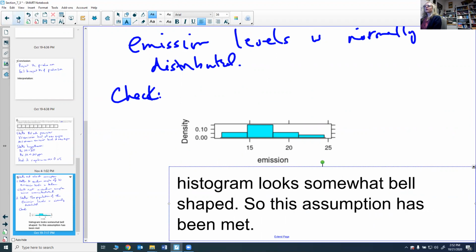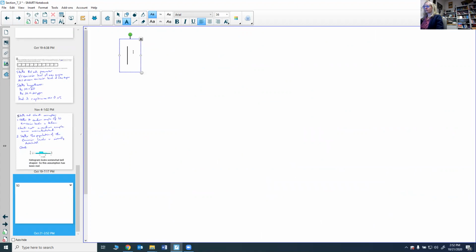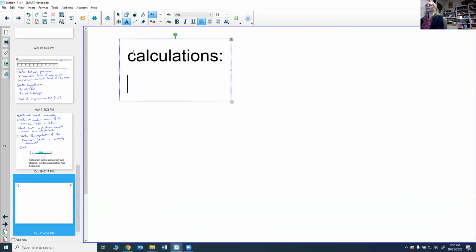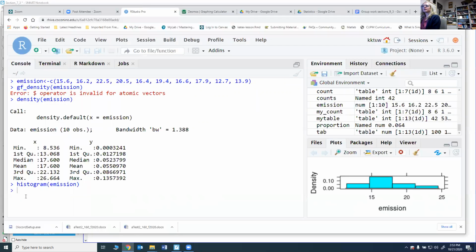So now we can go to our calculations. And again, we're going to use R to do those. So I'm going to go back to my RStudio. This again is a little bit different. We have t.test. I'm not going to put the tilde in there because I don't actually have a data set here. I am going to say mu is equal to 20 because that's what H0 says. And then I'm going to use alternative